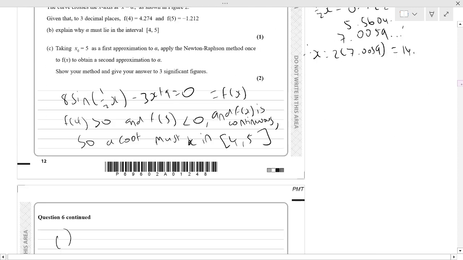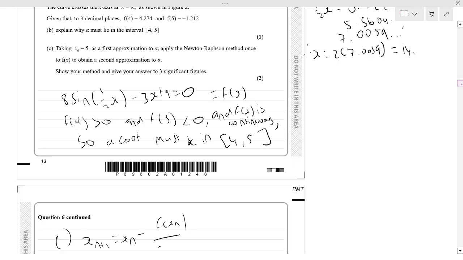So then if you use the Newton-Raphson, you should know the Newton-Raphson is in the formula book actually, but I believe it's x_{n+1} is x_n minus f of x_n over f dash of x_n. Well, we found f dash in part A. So if you just substitute f dash